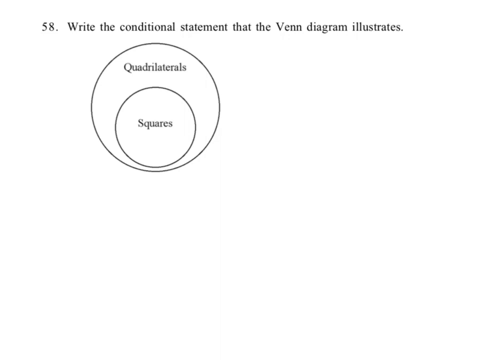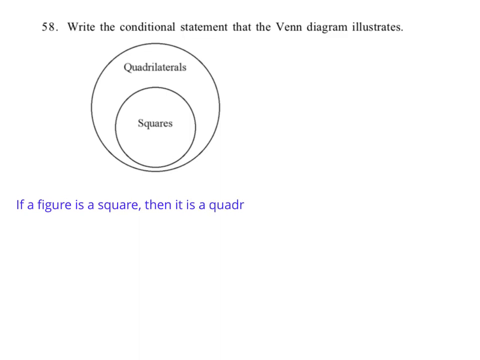Okay, they're asking us to write a conditional statement, an if-then statement, for this Venn diagram. And the way that you write this is you say, actually I'm going to type this, okay? You would write this if, and what's the first part? Well, what we need to do is identify what's inside that inner circle, okay? If a figure is a square, then it is